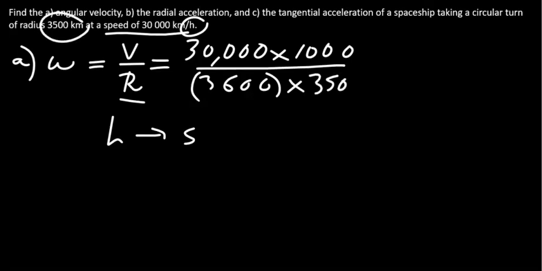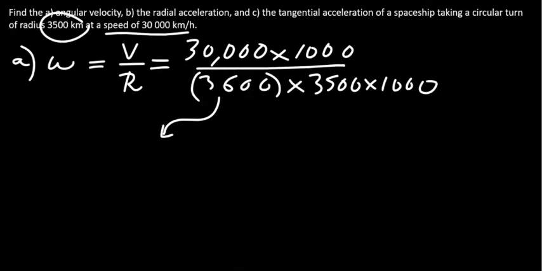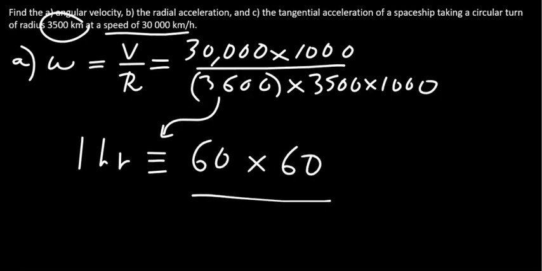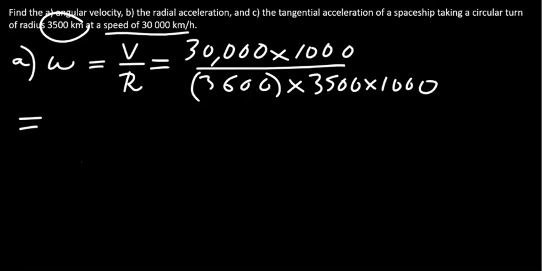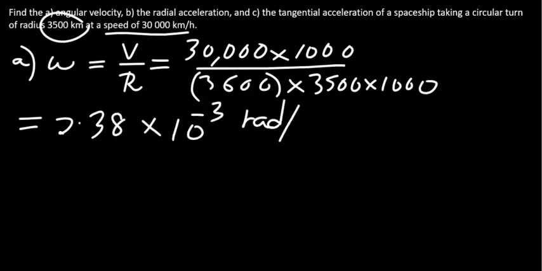So 3,500 times 1,000 in order to express the radius in meter. We stress again here the 3,600 comes from the fact that 1 hour contains 60 minutes and each minute contains 60 seconds. So 60 times 60 is 3,600. And when you do the calculation, you get 2.38 times 10 to the power minus 3 radian per second